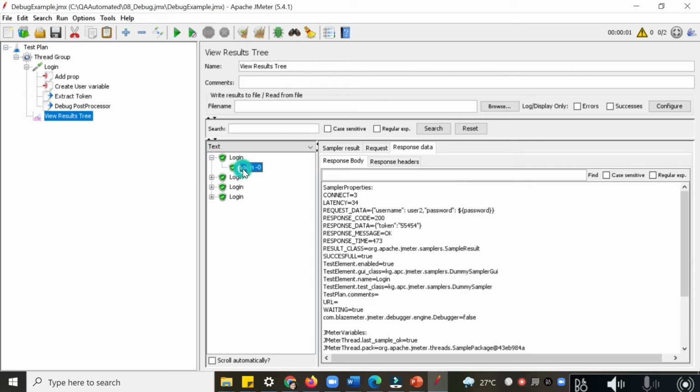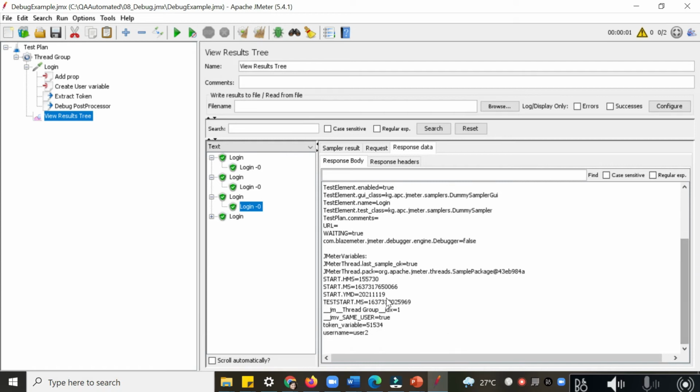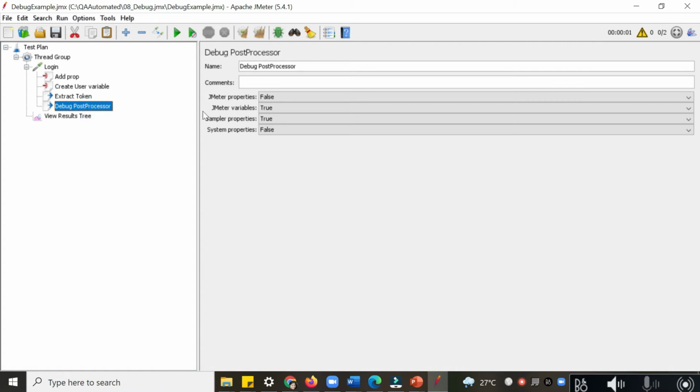Here, for each request separately, you can see the post processor working. In the post processor you can see the sample properties and the JMeter variables. Similarly to the debug sampler, there are options to enable and disable the fields you want to see, and there is an additional field, sampler properties, that you can check when you add the debug post processor.